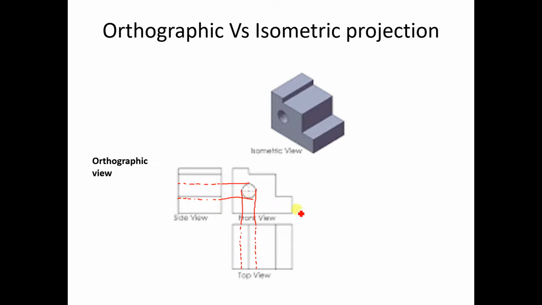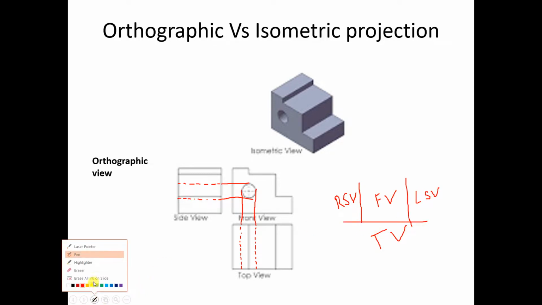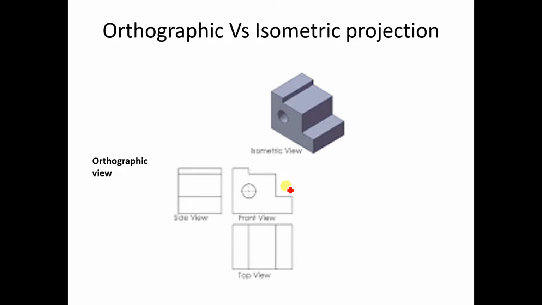So this is the representation of first angle projection. In first angle projection, above the XY line is the front view, below is the top view, and this left side will be the right side view, and this side will be the left side view. Okay, so in India we follow first angle projection. So for knowledge purposes, let's see an example of third angle projection.